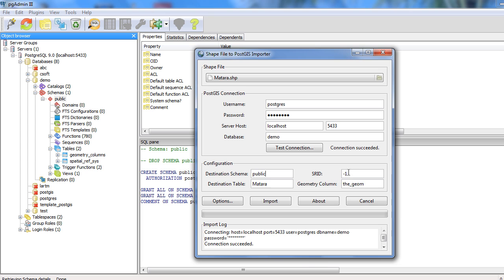SRID is the spatial reference identifier for this spatial data. Optionally you can give your own for your information. And the destination table, you can change it if required, otherwise it would get the name of your shapefile by default. And then the geometry column, it would be the underscore geo, for storing this geometrical data.